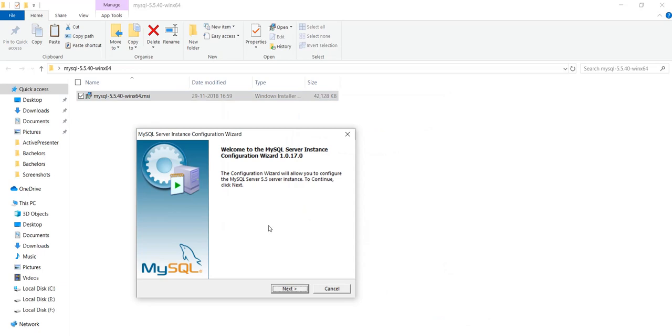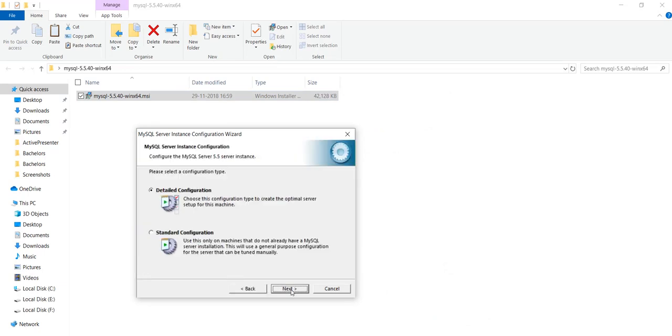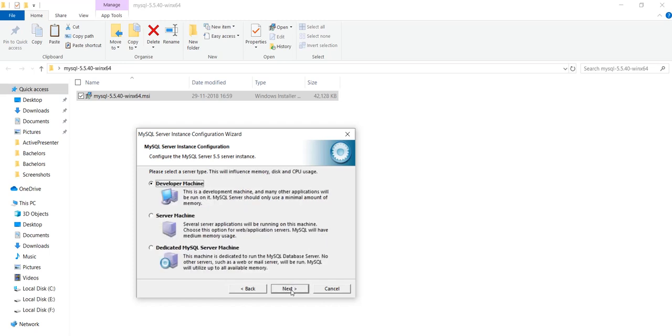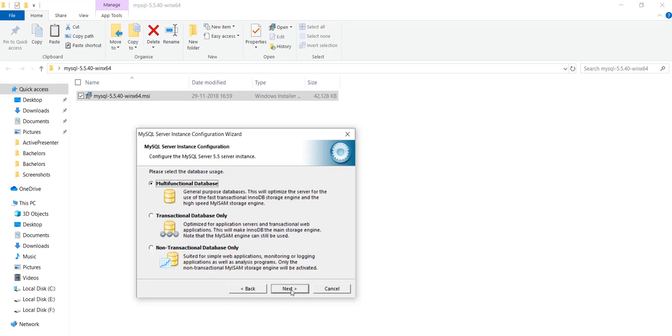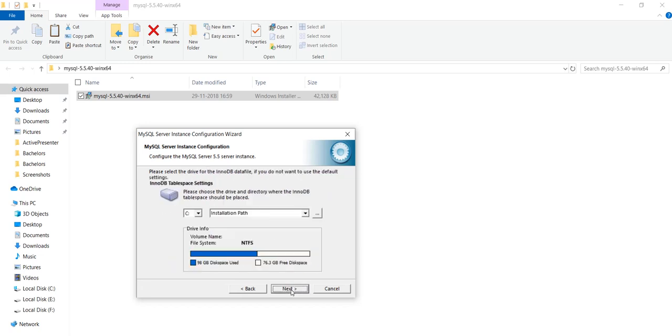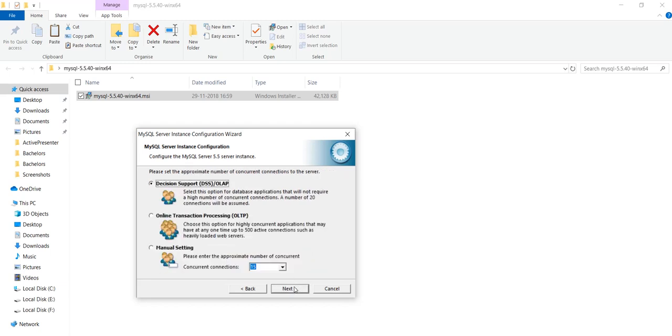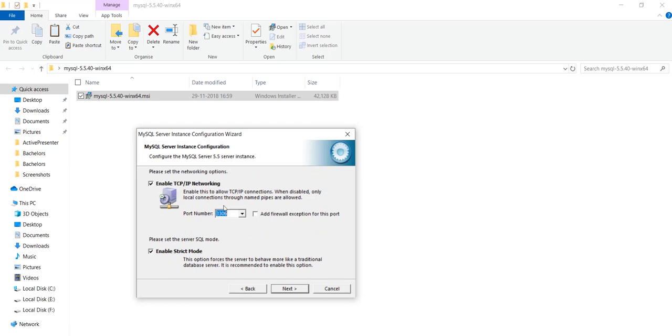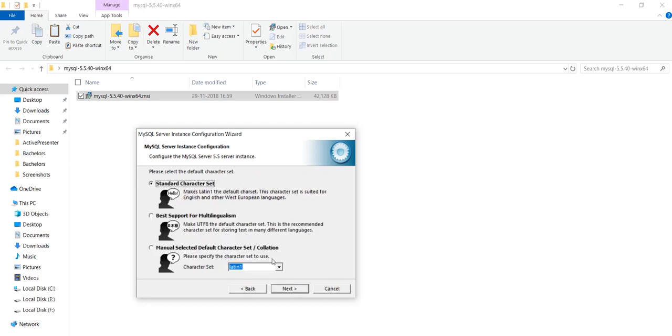So this is the second setup which we have to complete. Now simply click on next, choose detailed configuration, click on next, select developer machine itself, next, multifunctional database, next, the path you can change if you want. I'm giving C, so you can select decision support, next, then the port should be 3306 itself, then you can